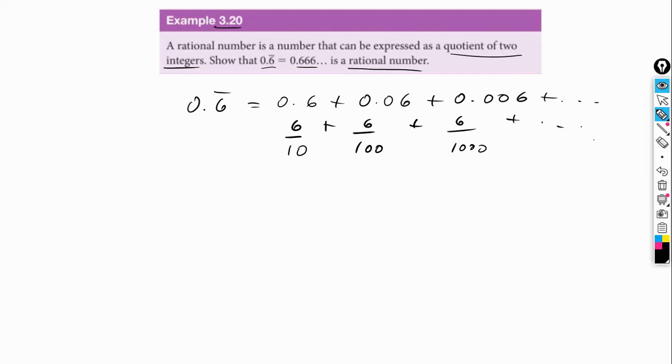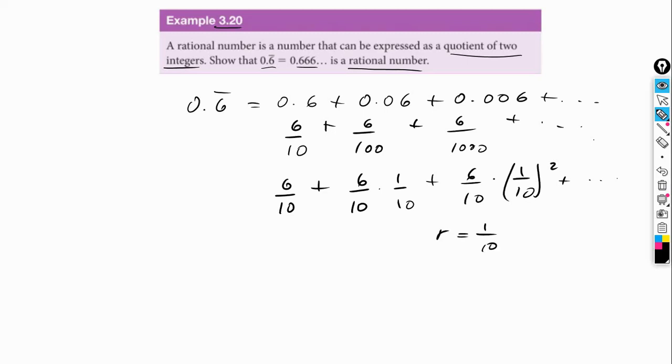Notice that this is the same as saying 6 over 10 plus 6 over 10 times 1 over 10 plus 6 over 10 times 1 over 10 squared, and so forth. So notice that we have a common ratio of 1/10, right? R would be 1/10. And because R is less than 1, this infinite series would converge,